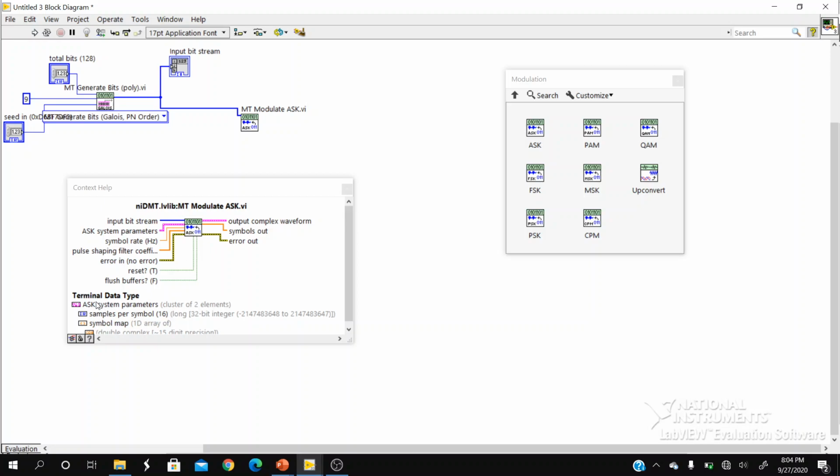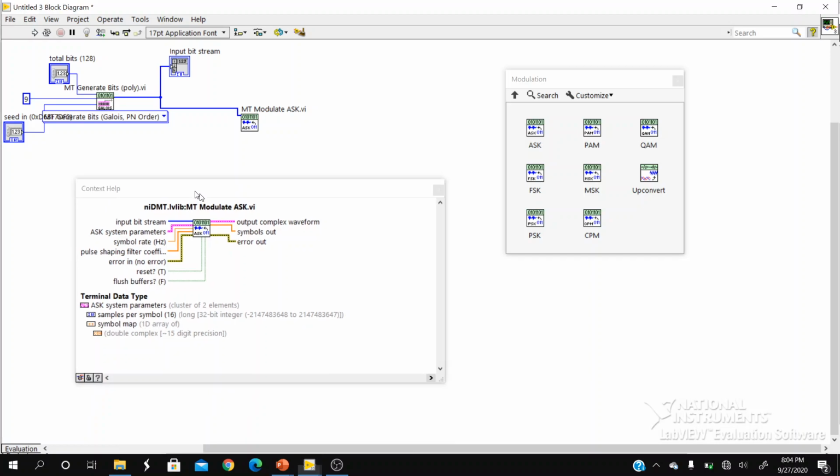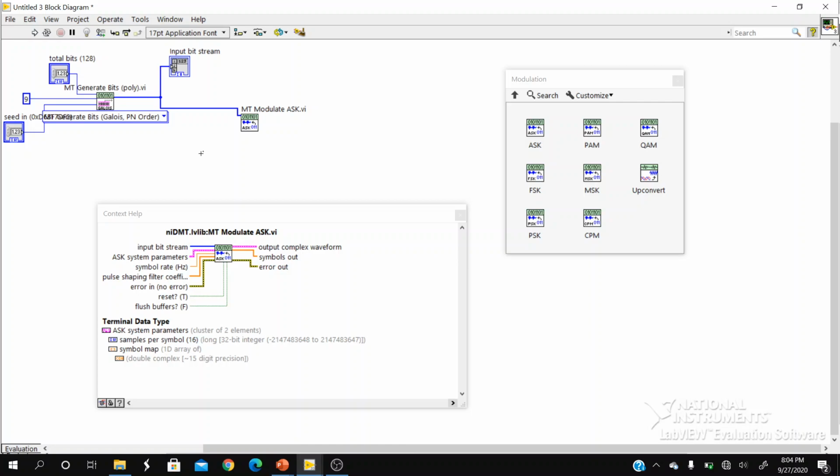You can see the ASK system parameter is a cluster of two elements, which means it will accept two different types of information. Let us see what the two pieces of information are. One is samples per symbol. The other one is symbol map. Symbol map means what amplitudes it needs to generate to represent the symbols.